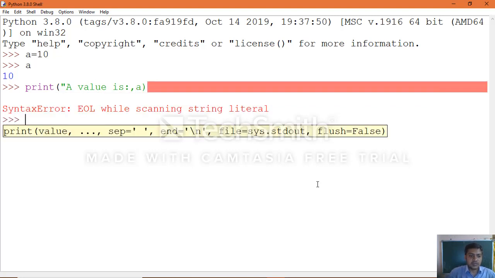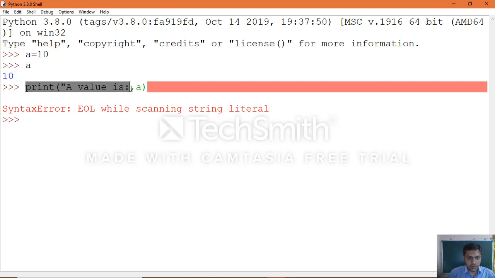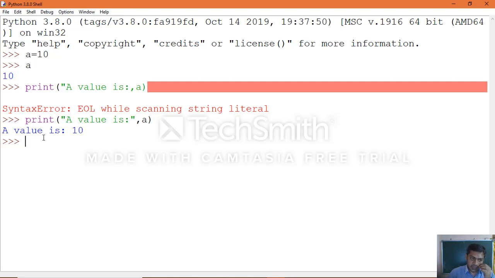Yes, we can print this way also. Yeah, we made a mistake, the quotation mark which we haven't done. That's why you must be careful while typing a statement. Here we made a mistake, the quotation mark. Okay, now we can see the value.